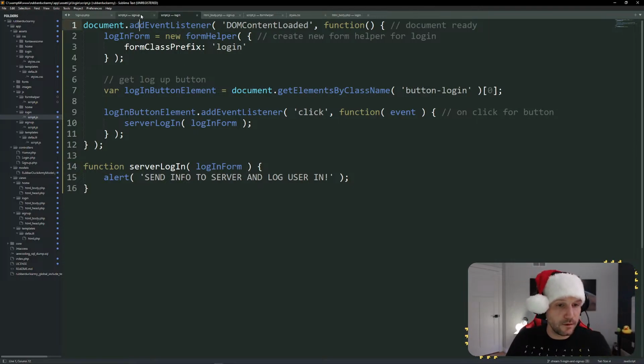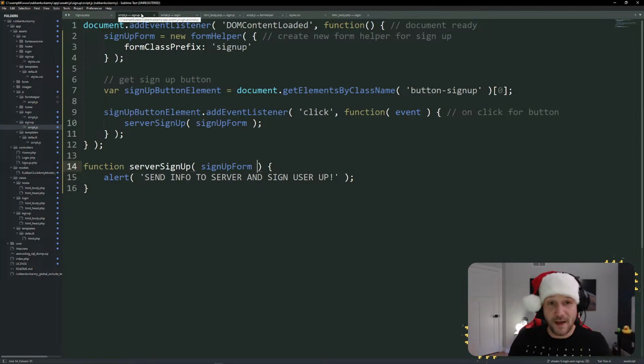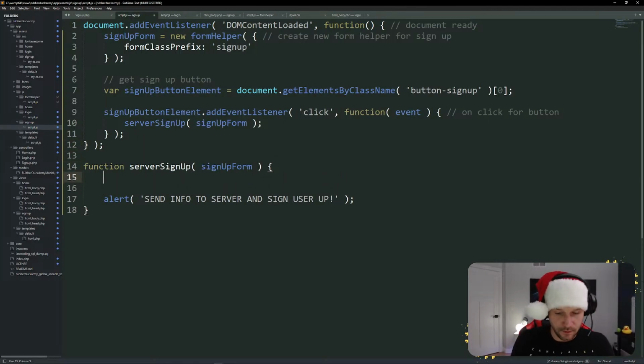And what we're going to do here is, this is where we're actually going to validate the form. So we're going to tell the form helper, validate the form. And it'll loop over the form elements, it will do its thing, and give us back a response. And we're going to do something like this. We're going to say if